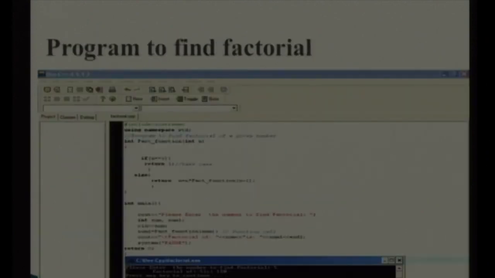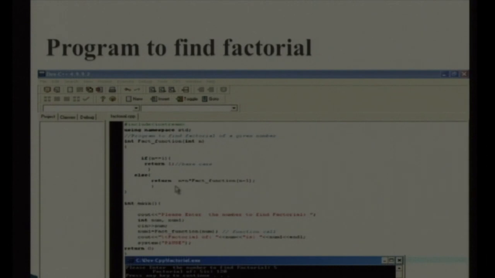Now, one small program is there, you may read on screen, int, then function, and inside this function what we are passing, one parameter, and then one condition is there. This condition is deciding if the value of n is 1, in that case we are returning 1 itself, otherwise what we are going to do, we are going to call that function again with one less value. It means it is a function, which kind of function, recursive.